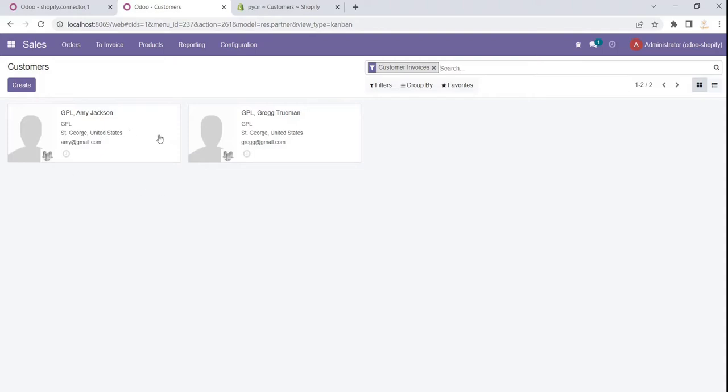Okay, so this is the import operation. On the other end, we can use the export operation as well. Also you can use real-time update, with the write operation, and you can also use the delete operation, which will delete the customer or anything in Odoo and it will be deleted from Shopify as well. So first of all, I will update the customer data, and after that I will delete one of them. So I just open this one